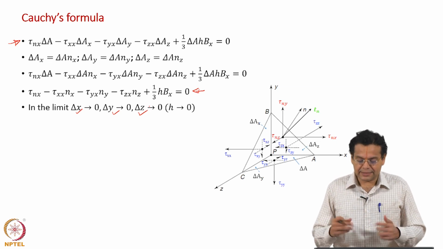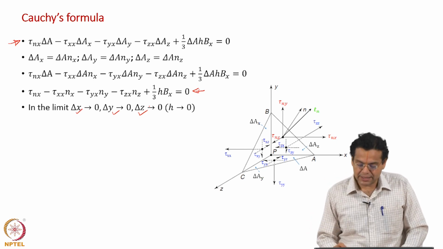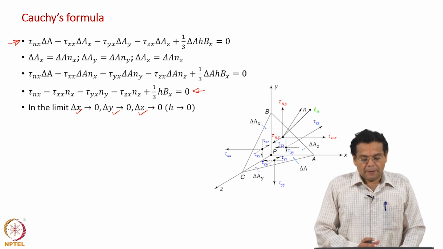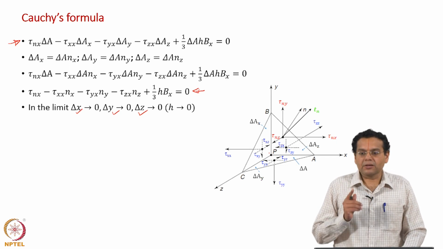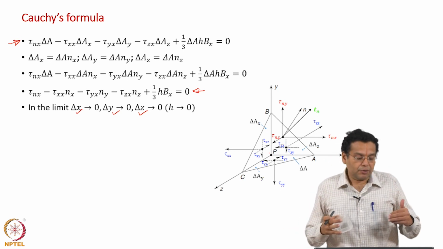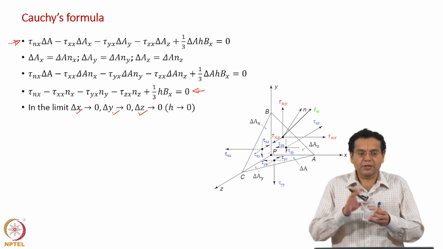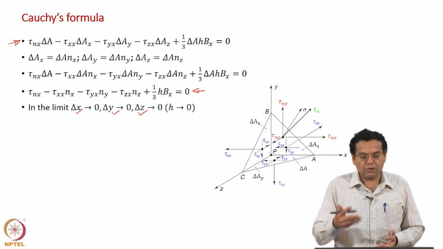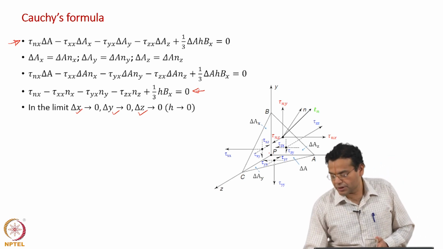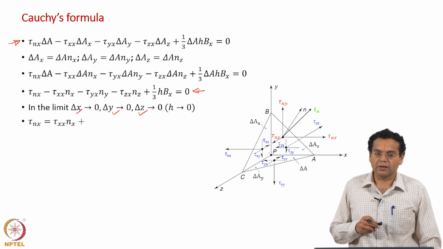So, all the delta x, delta y, delta z limits go to 0, which means that h also goes to 0. What is h? The normal distance between P and the surface, that also goes to 0. And why do we do that? As always, we want a relationship that is valid at every point in the object. Remember, we are going to substitute back, use it in the right hand side of the conservation equation. Our conservation equations are at every point in the fluid. So, when we go back, we substitute a relationship which is valid at every point. So, this relationship which we are going to write now is valid at every point inside the solid object, okay.